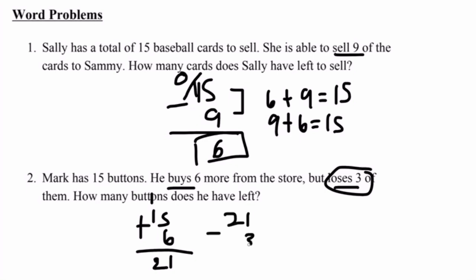21 minus 3. We can't subtract 1 from 3, so we're going to borrow from the tens place. 2 becomes a 1. 1 becomes a 11. 11 minus 3 equals 8. We bring down the 1. Our final answer is 18. After Mark bought 6 buttons from the store and loses 3 of them, he has a total of